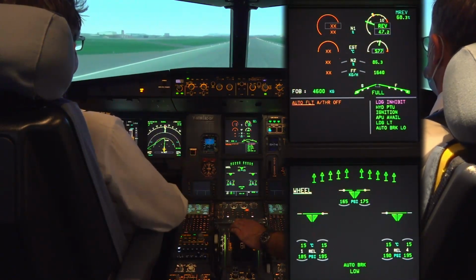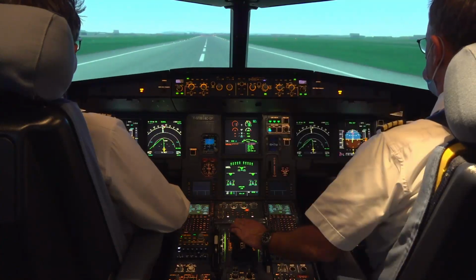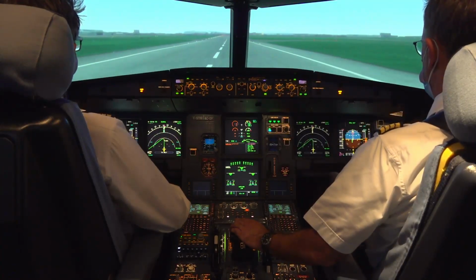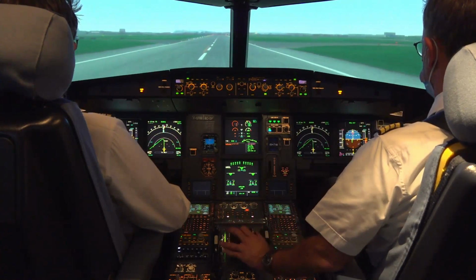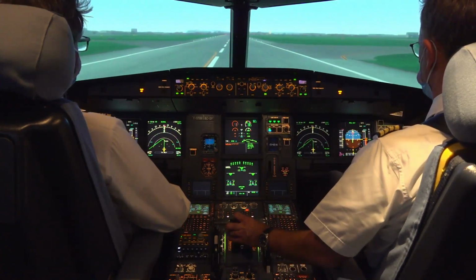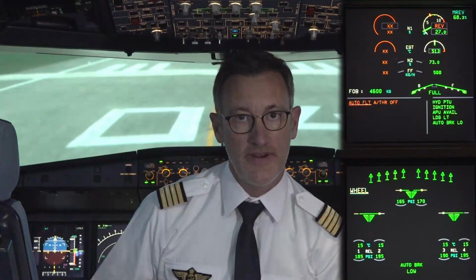Reverse green. Decel. $70 knots. Manual braking. As the spoilers and the reverse deployed as expected in regards to the current's failure, the